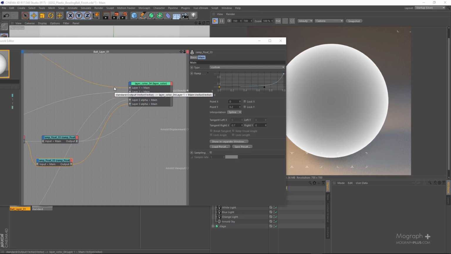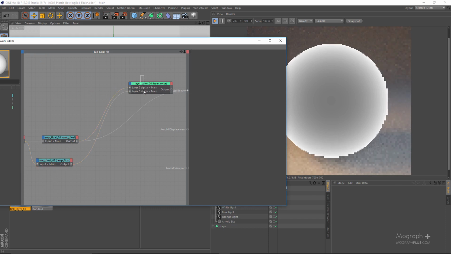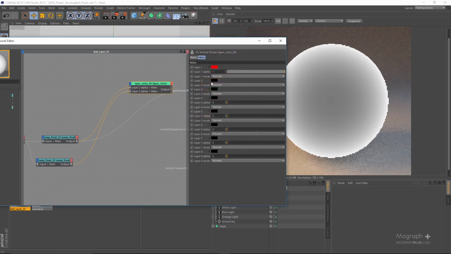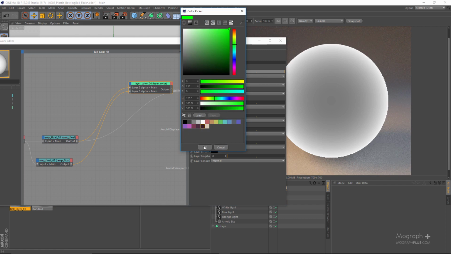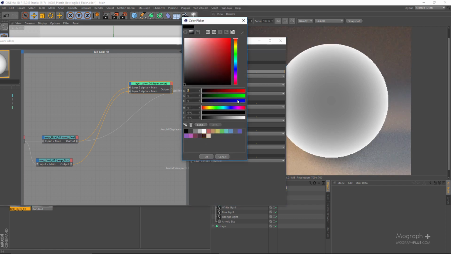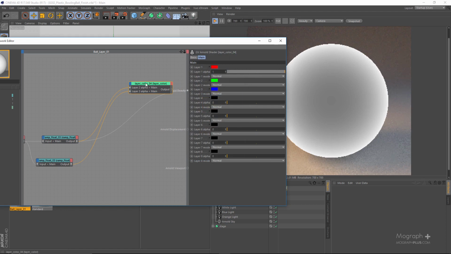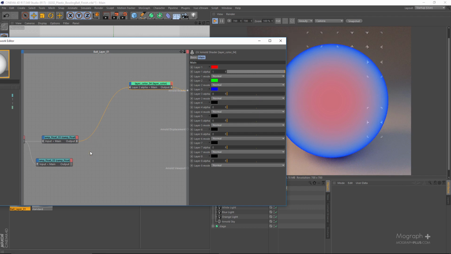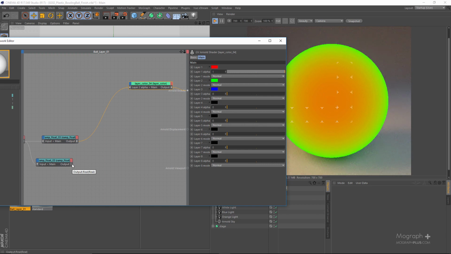So just to demonstrate and to make sure you understand the effect, I'm going to disconnect this layer 1, layer 2, and layer 3 and just use simple images. So that's going to be our layer 1, let's say pure red, our layer 2, pure green, and our layer 3, pure blue, right? So just connect this layer color here directly. So that's what we get right now. We have our base color, then we have our layer 2 alpha, the green one. Let's just go to the layer 3 for the time being and disable it. Now this is our layer 1 and our layer 2. And our layer 3 now can start,